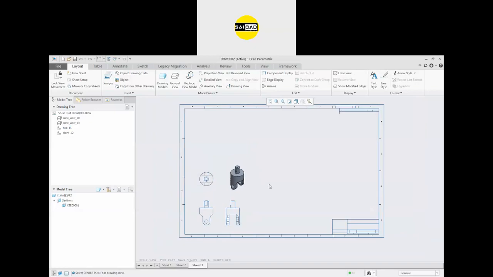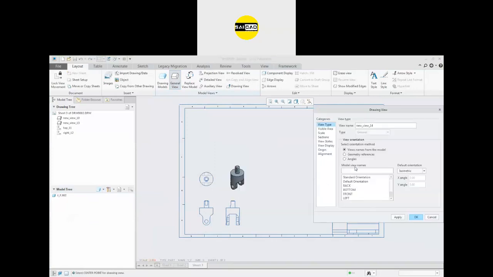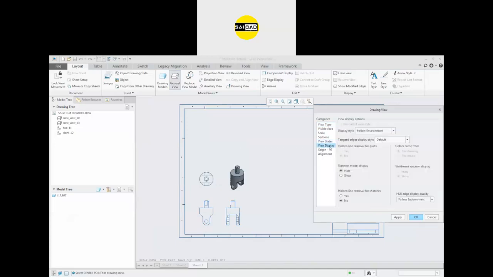Now I'm going to define another object here, another views here. So to do that, just again go to the assembly master representation, select the next part, and right click and set add drawing. So now if you select the general view here and select the front like that, apply OK.